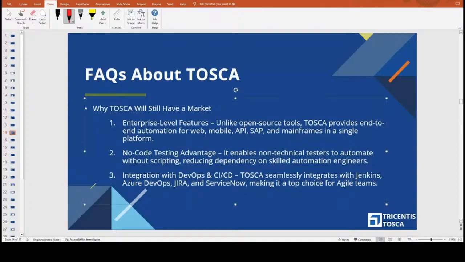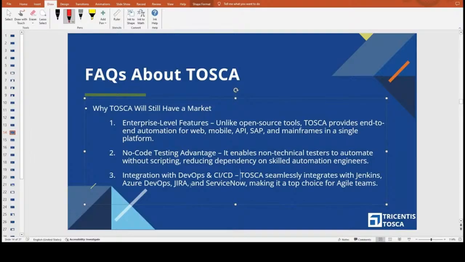And whoever is not having any knowledge, without scripting also we can reduce the dependency on scripting knowledge. And a couple of years ago, they implemented a DevOps and CI/CD feature, using which we can integrate with Jenkins, Azure DevOps, Jira, and ServiceNow, making it a top choice